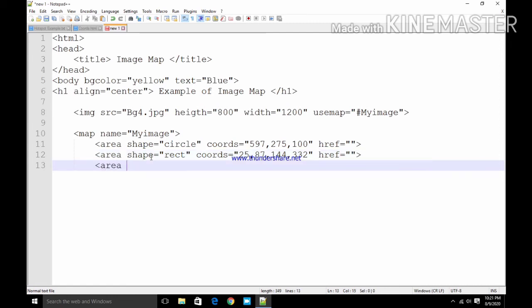Again area shape is equal to polygon. For polygon we have the keyword poly.